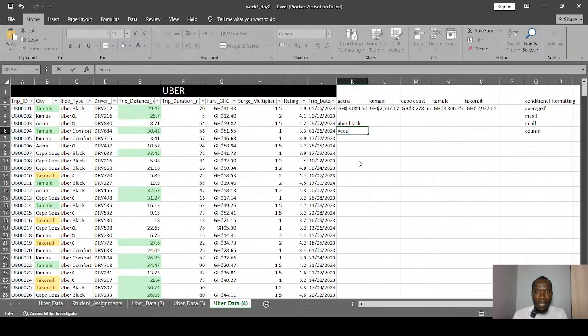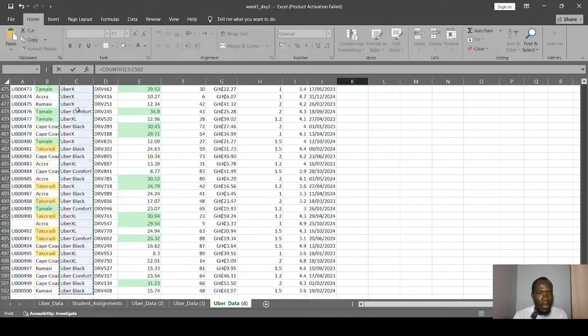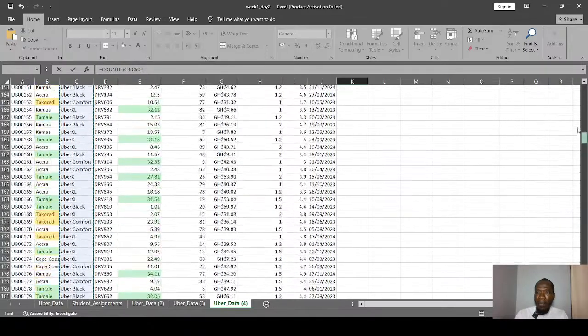I think there's only count if. So let's try to use count if and see if it will work for text, right? Because I know it will work for numbers, but let's see if it will work for text as well. So count if, and the first thing it's asking us for is the range. The range is in column C, right? So we start with the first cell with the value, which is C3. As usual, Control Shift and then our down arrow. Because there are no empty or blank cells, it brings us all the way to the very last data.